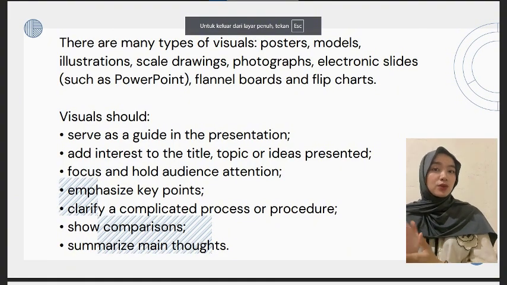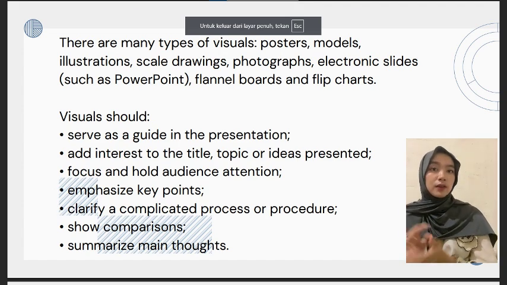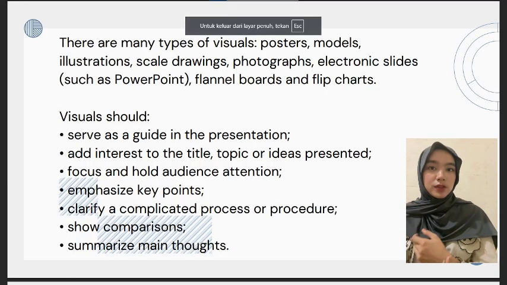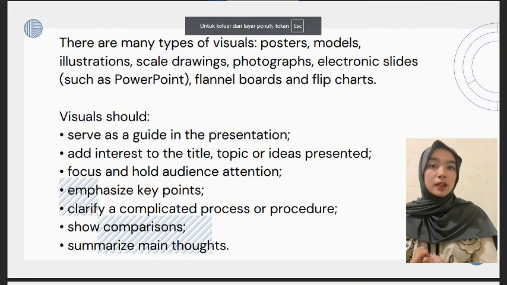And number five, electronic slides like PowerPoint, the most commonly used tool for organizing and displaying main points systematically, plus planner board and flip chart, used for interactive discussion or step-by-step explanation. The purpose of visual aids. Effective visuals should serve as a guide during the presentation, add interest to the title, topic, or ideas presented,